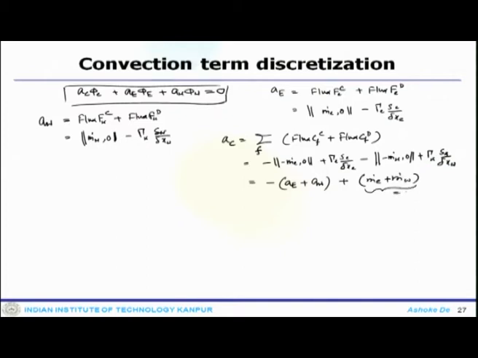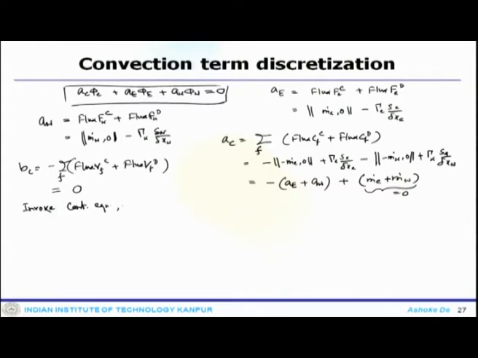For continuity, this would be 0. So, A C becomes like that, and B C is minus flux convection plus diffusion, which is nothing but 0 in this case. So, now what one can do is invoke the continuity equation